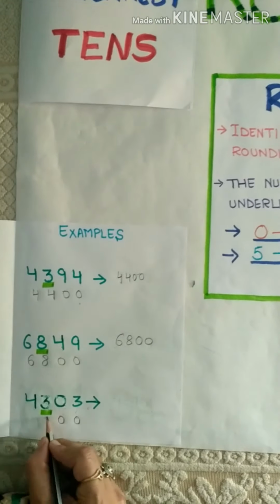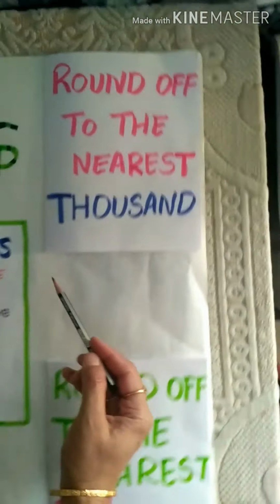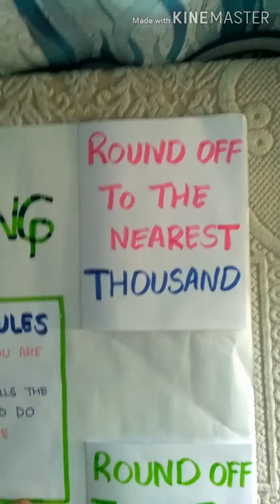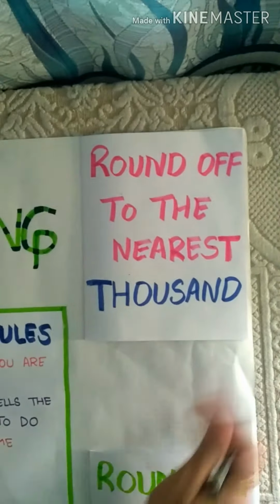So the answer is 44,300. Now this is round off to nearest 100. Then move to the round off to the nearest 1000. Here again I have few examples. First is